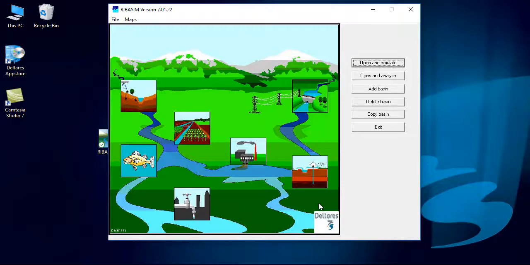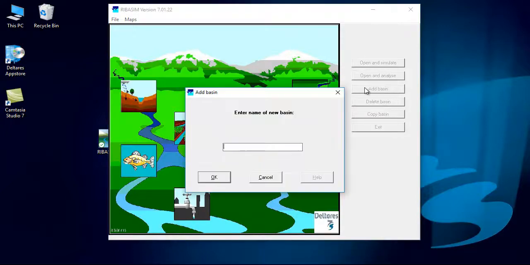This video will be a quick start guide to creating, running, and analyzing the results of a simple river basin simulation model in Basin. After installing Basin 7, execute the program, and the first screen that will pop up is the Basin title screen. To create a new basin, we select the Add Basin button on the screen and type